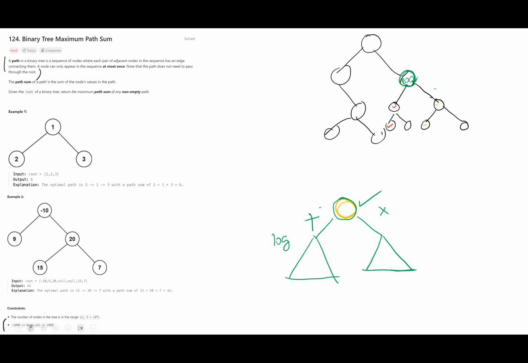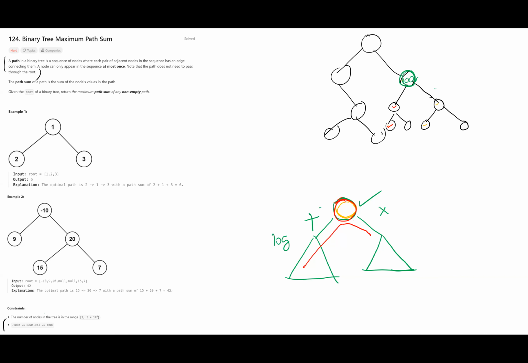So we can say the longest path might be either like this, or just this, or this, or it extends in both places. It can be like this, right? That means